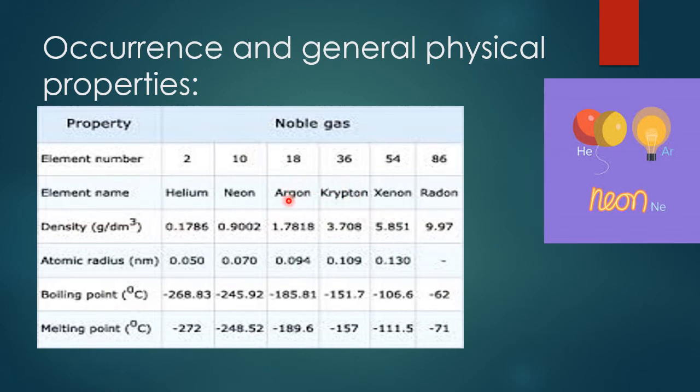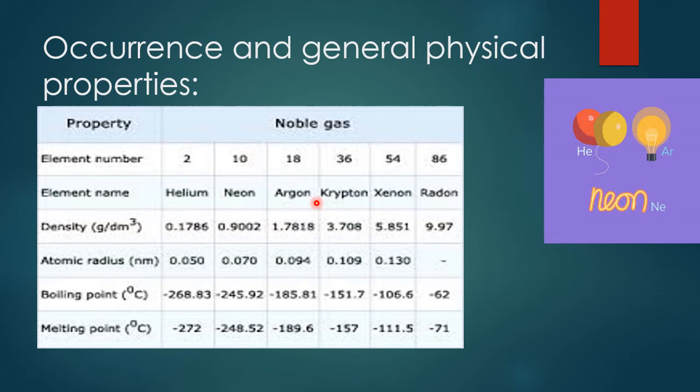Why do these elements get these names? Because these are the happiest elements ever in chemistry, I think, because there is no need to combine with anybody else, because they already have a stable electronic configuration. Due to its stable electronic configuration, it will not be reactive to any other elements.